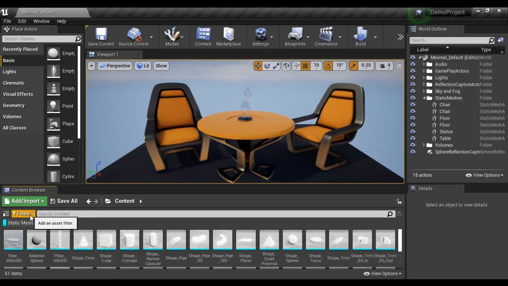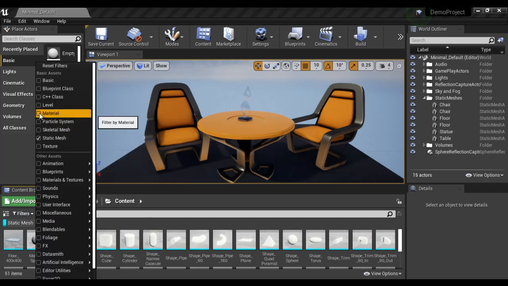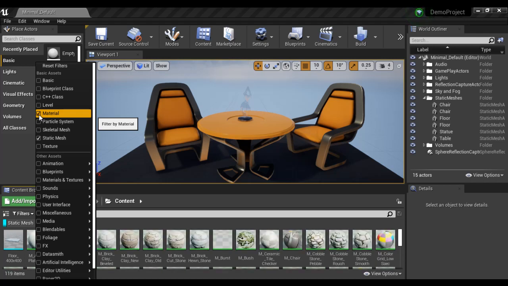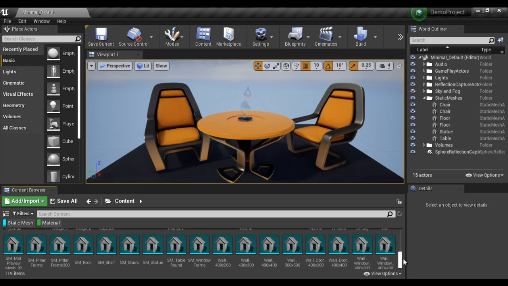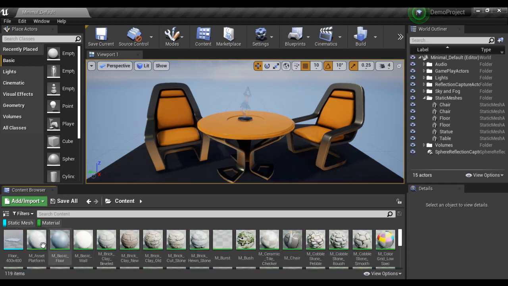If I again go back to the filters button and I want to see all the materials also, if I select it, it displays both materials and static meshes present inside the content folder, right? We have meshes, and you can see that we also have the materials.